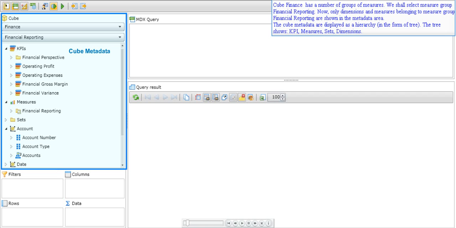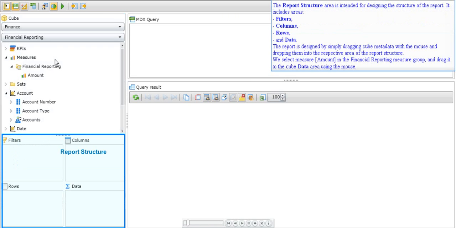The cube metadata are displayed as a hierarchy in the form of a tree. The tree shows KPI, measures, sets, and dimensions. The report structure area is intended for designing the structure of the report. It includes areas filters, columns, rows, and data. The report is designed by simply dragging cube metadata with the mouse and dropping them into the respective area of